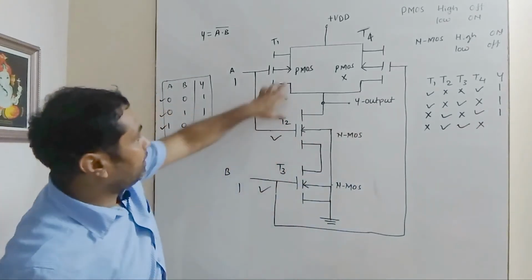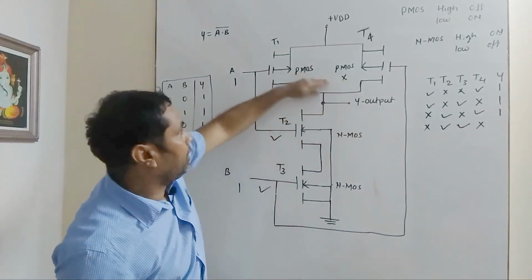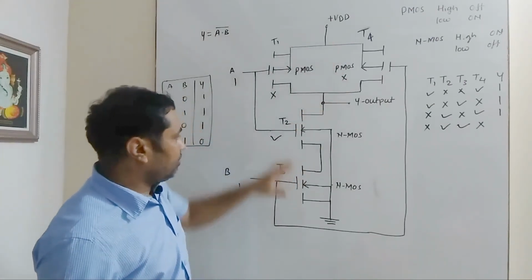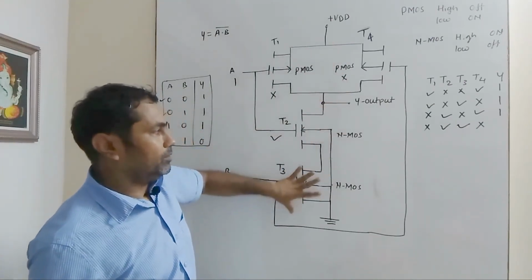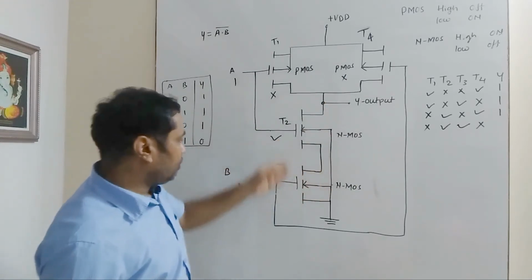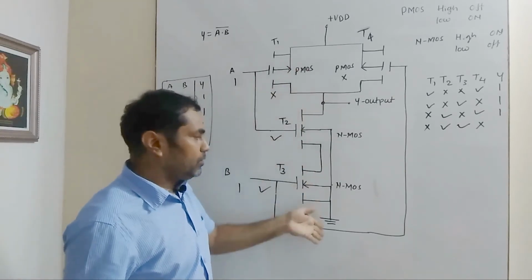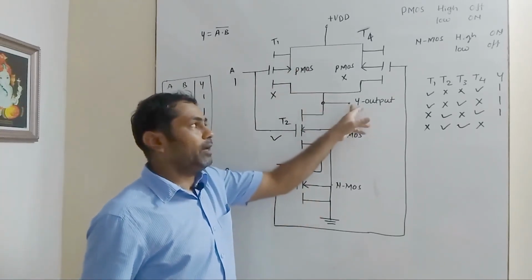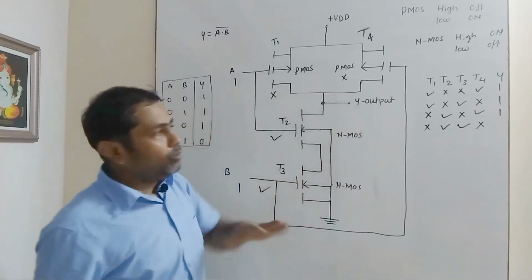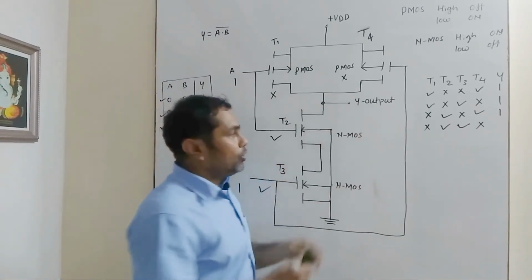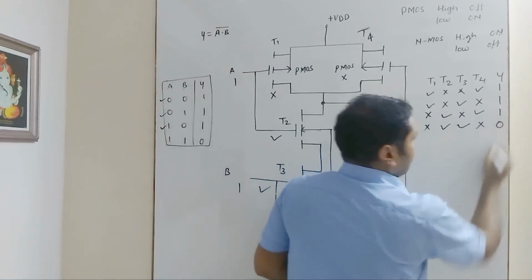From this you can see that both the switches in the driver circuit are off, so current cannot pass through it. In the series connection, both the switches are on in the load circuit. Then if the current is present, that will directly sink towards the ground. So no current will be available at the Y output. When no current is there, there will be 0 voltage at the output. So here at the output we are getting 0.